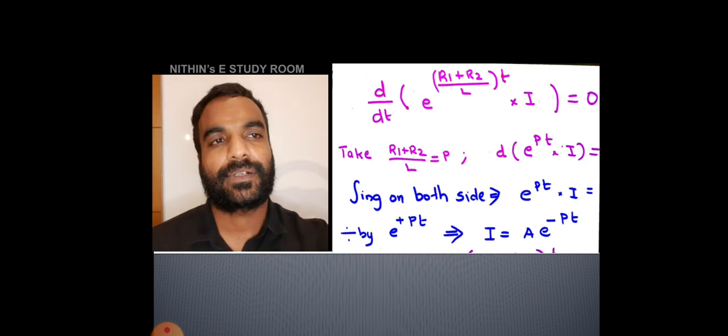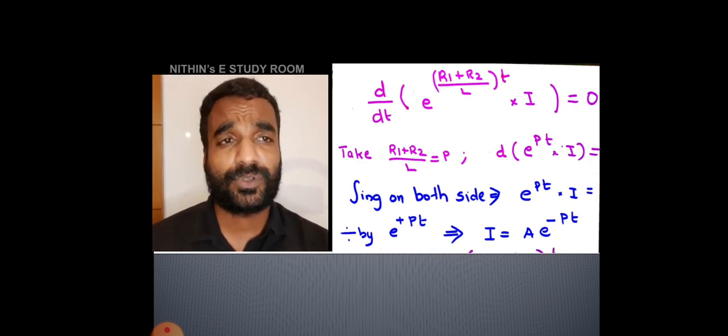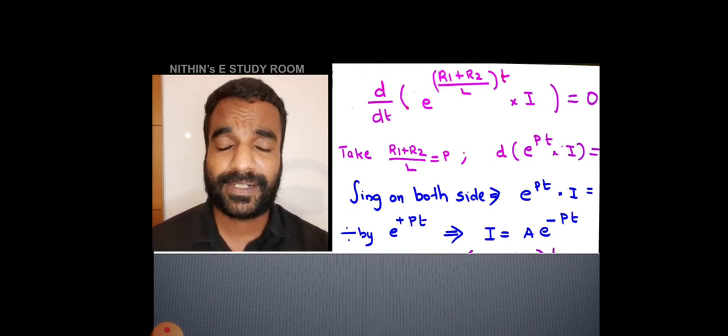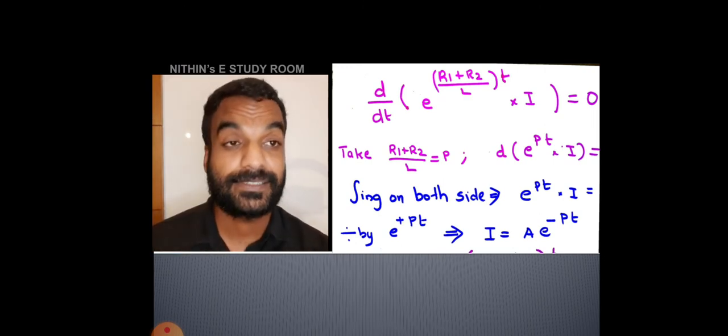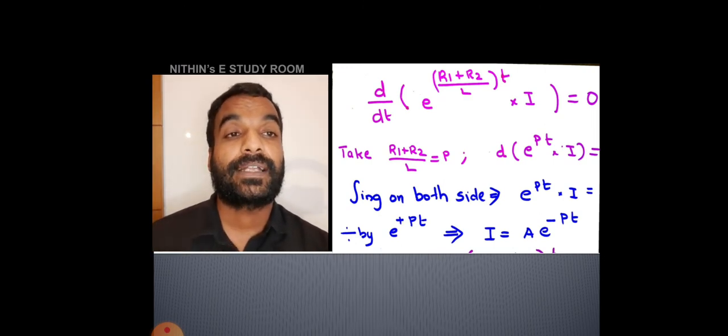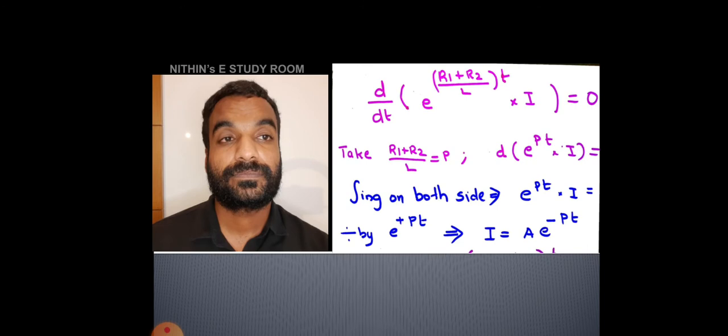Please write a 0 here, and here. Both the RHS is equal to 0. Now integrating on both sides, the integral of d(e^(pt) I) is nothing but e^(pt) I. Integration and differentiation will cancel. So e^(pt) I is equal to